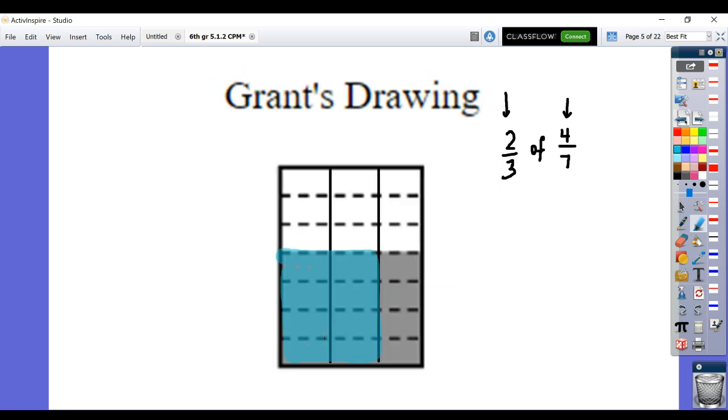What you want to do in all 3 cases is go back now and say, how many are shaded out of the total? Because that's going to represent the portion of the mile. So here we have 1, 2, 3, 4, 5, 6, 7, 8 are shaded out of 3 times 7, so 21, 8/21, which cannot be simplified. We know that 8/21 is less than half of a mile. The reason we know that is because half of 21 would be 10.5, and this is a smaller numerator than that. Or another way you could think of it is 8 out of 16 would be 1/2, so 8 out of 21 is less than